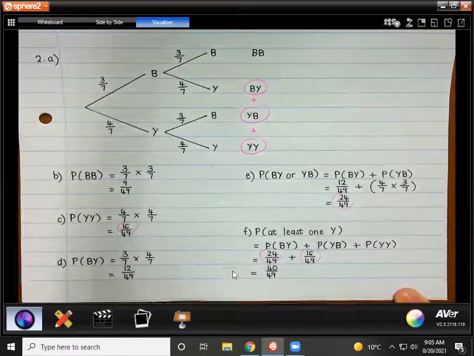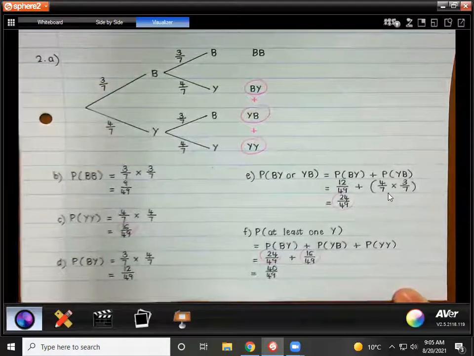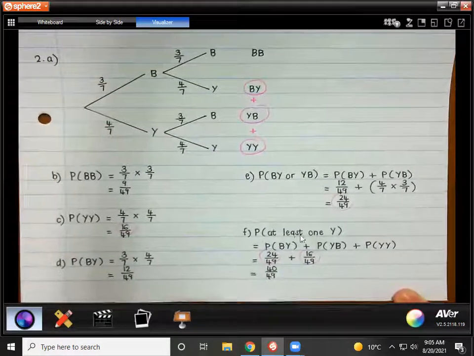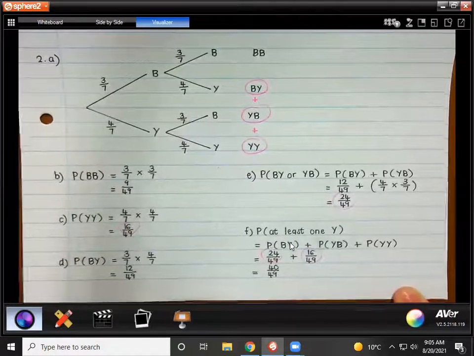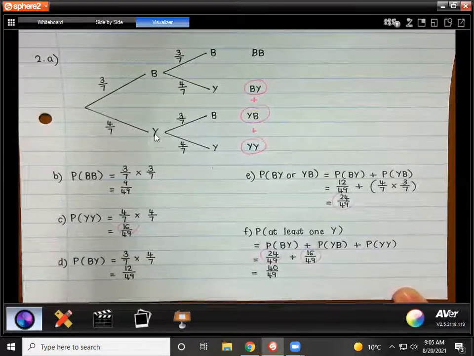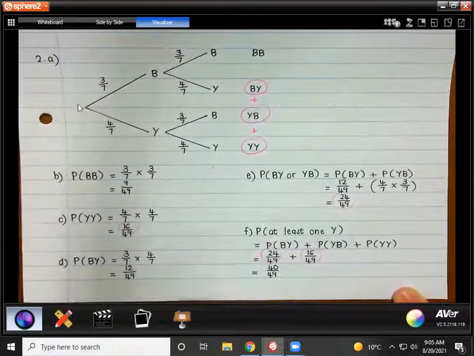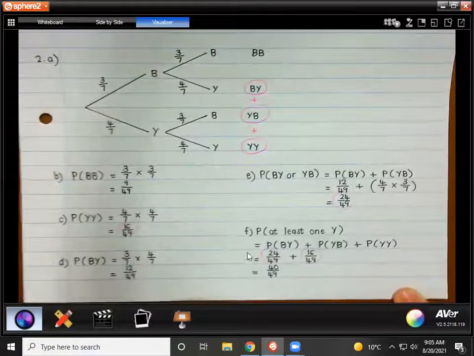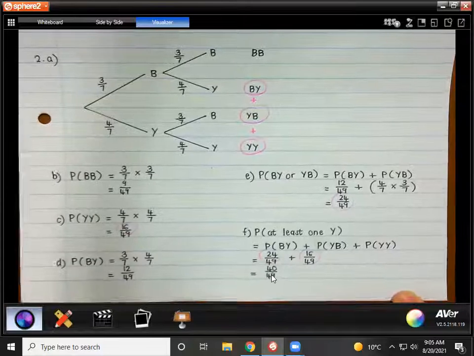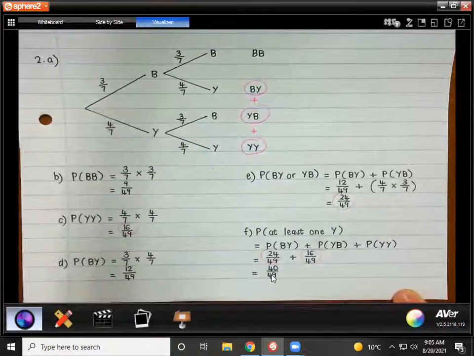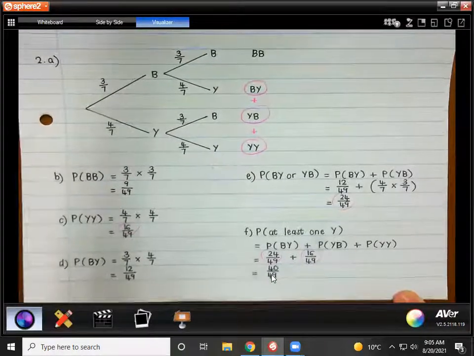Guys, if you didn't notice that, it's fine if you did the multiplications again and added them. You're not going to lose marks. So if you see, it must be black, yellow, I'm going to do that times that. Plus yellow, black, I'm going to do that times that. Plus yellow, yellow, I'm going to do that times that. You're going to get all the marks, you're going to get the same answer. 40 over 49, that's the final answer. Okay, how do we feel about tree diagrams? Because that's something that you need to know for the test.